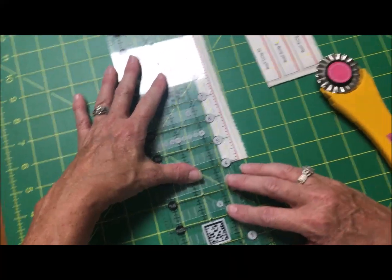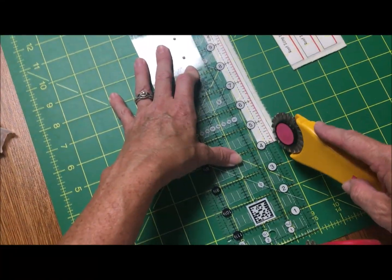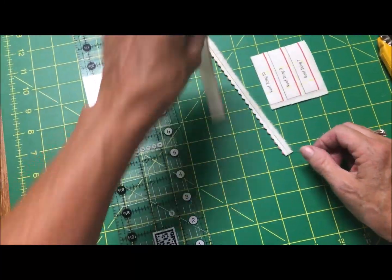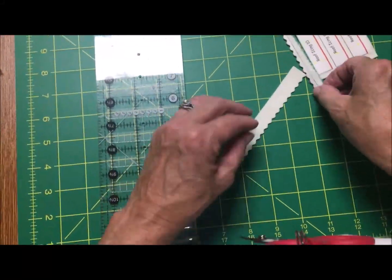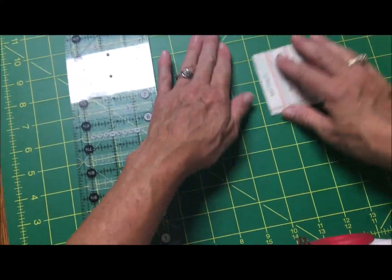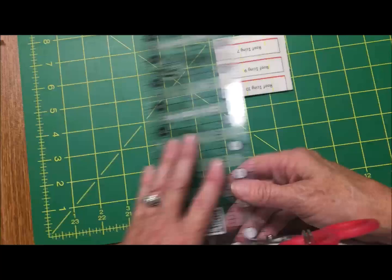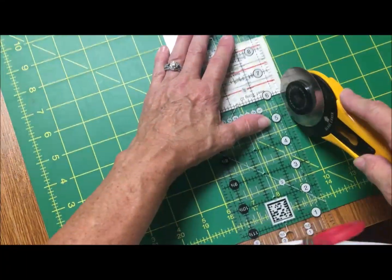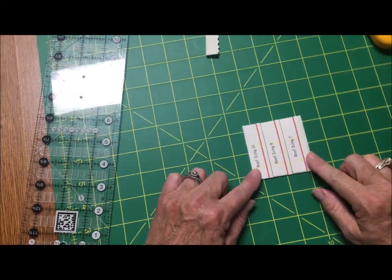So what I do is I lay my ruler down on that red line, and I just use it like a regular cutter, and then there is my roof icing. Just that simple, guys. It's just that simple. But how cool is that, now you can make your own wool rickrack. So on this one I left it on this side so I could show you. I just take my normal rotary cutter and even it up, and the way Tom has it on the pattern,